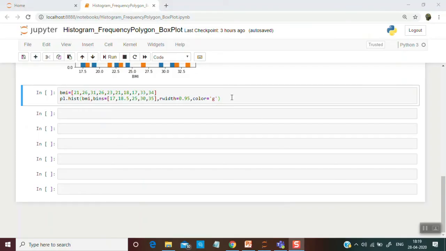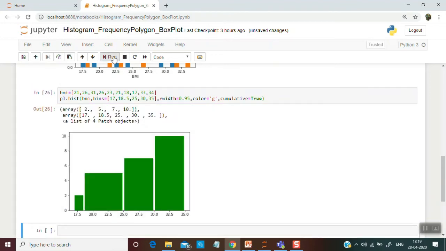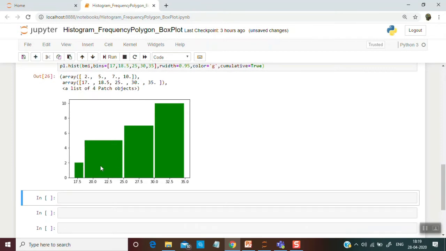Now let's use all the arguments whatever we studied in the previous slides. So let's use cumulative equals to true. If you do this, what will be the graph? So the later graphs will be higher. Why? Because they are adding the previous values, frequencies also.